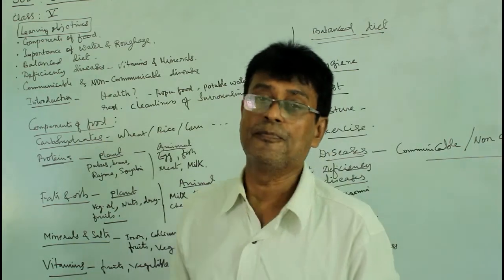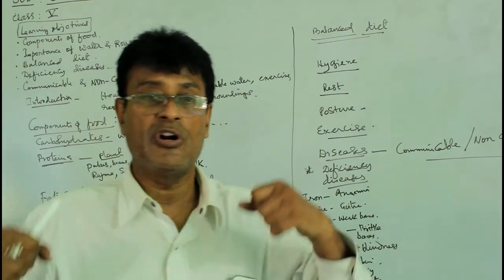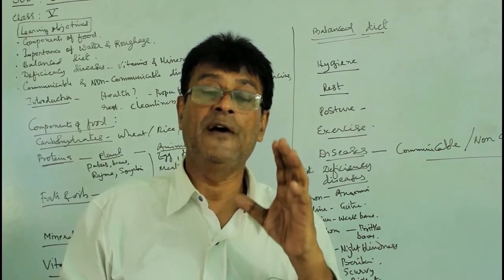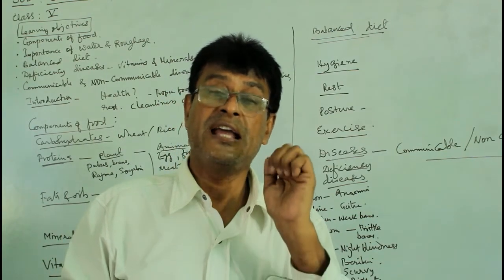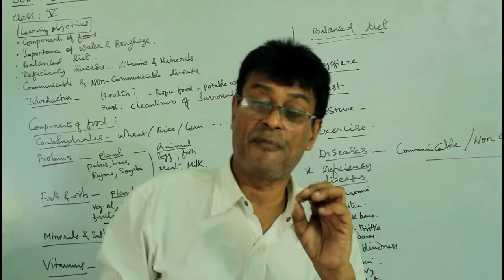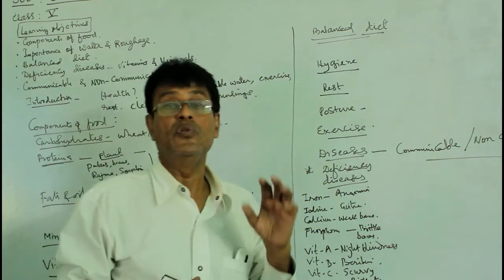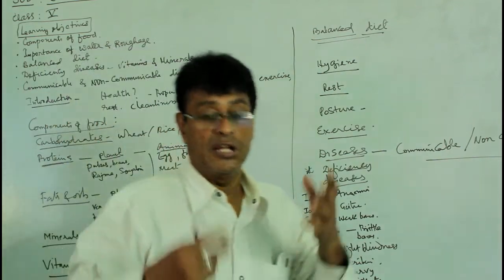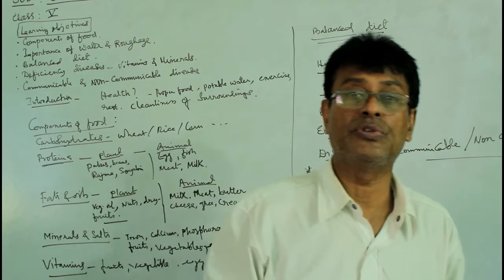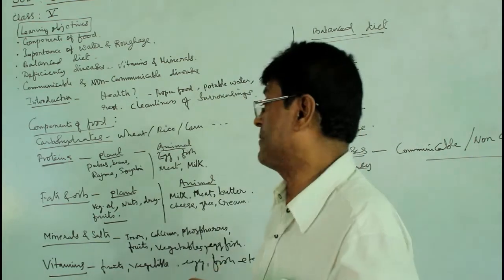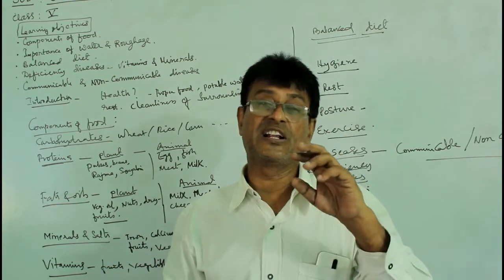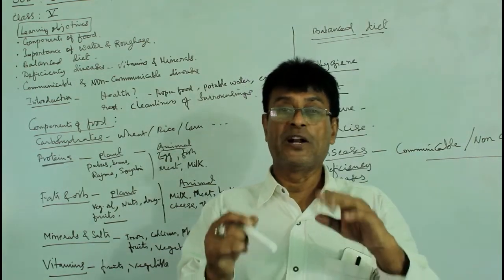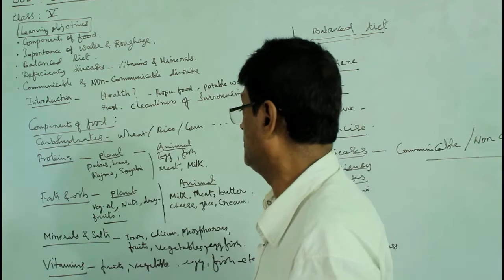So if protein is not there, the body will not build. But remember, protein must be eaten in the proper and adequate amount. If you eat more protein, the protein never stays in the body. It works in the body and goes out in the urine. So excess of protein may cause difficulty and problems in your kidneys. So protein should be taken in proper amount. That is the main point.